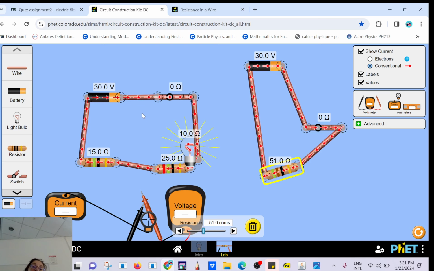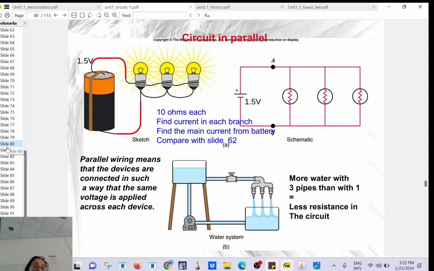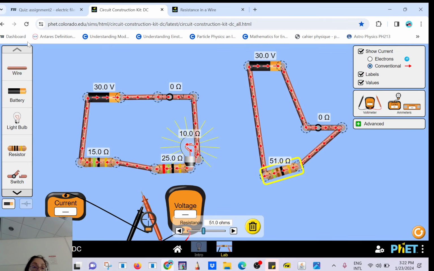So this is not a good circuit for the house. That will not be good because if you have a load with a high resistance, it's going to take away all the voltage, right? So we never do this kind of setup. Instead, we're going to have what is called a circuit in parallel, rather than in series. That's the real Christmas thing. They have it in series, you have it in parallel. Okay, so let me show you. If I have now,